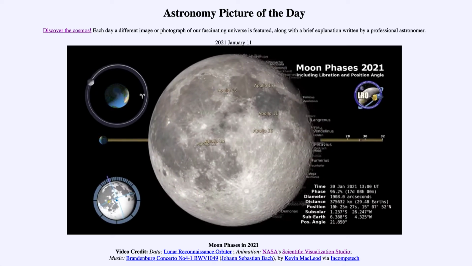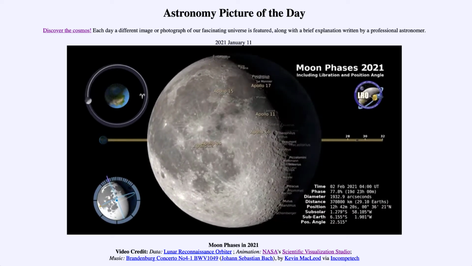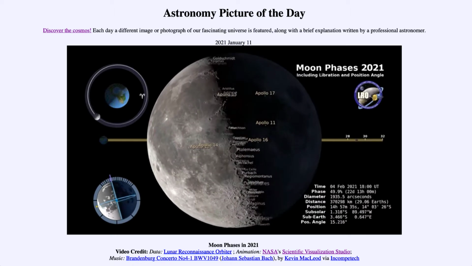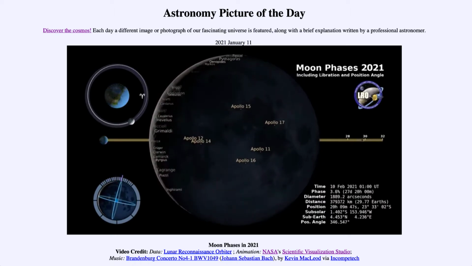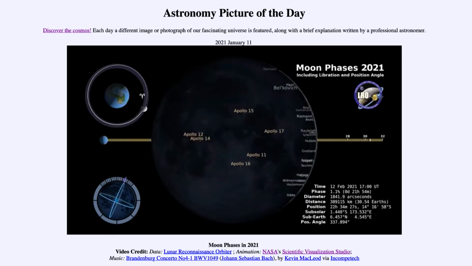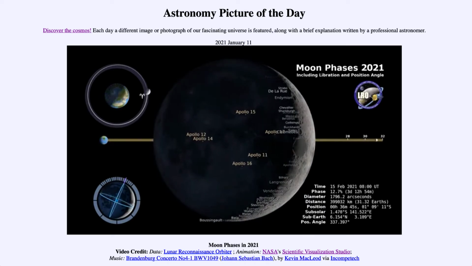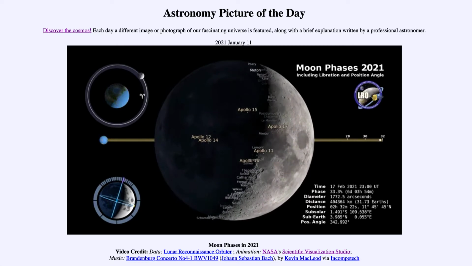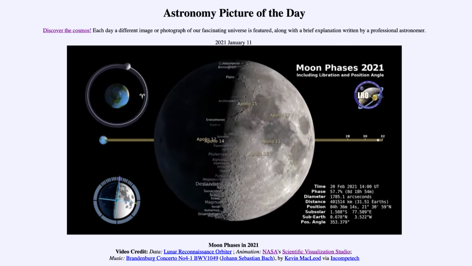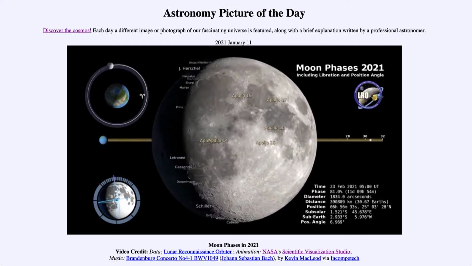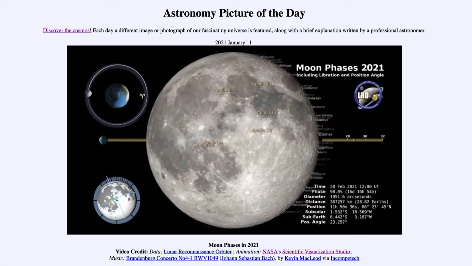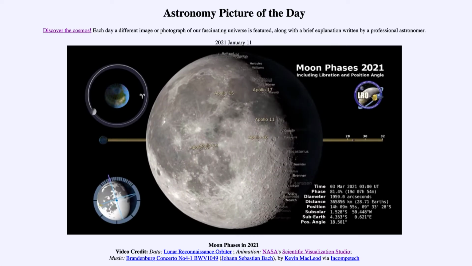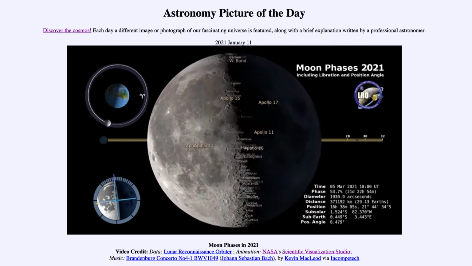Now the moon is always half illuminated. So half of the moon is always lit up by the sun and the other half is always dark. However, we only see half of the moon. So it depends on what portion of the illuminated part that we are seeing that tells us what the phase will be. So as it comes around towards the end of February at a full phase, we will then see it start to disappear on the other side, and that will become darker.